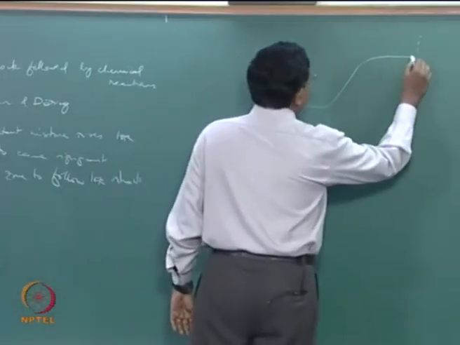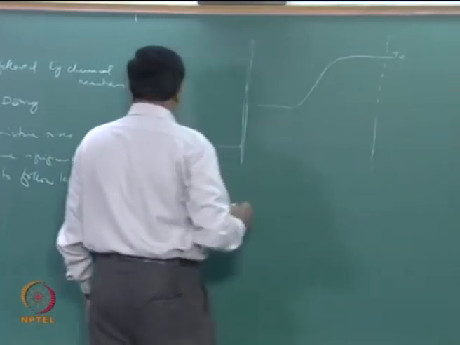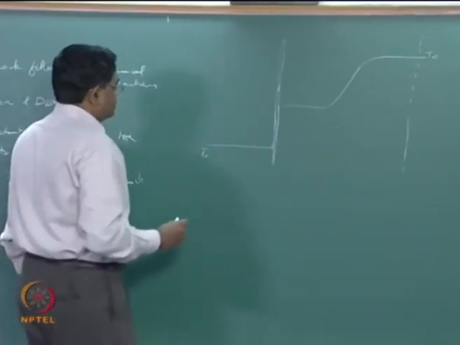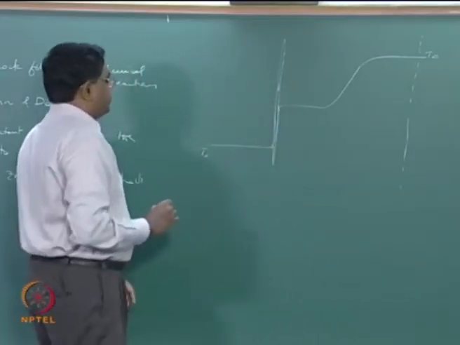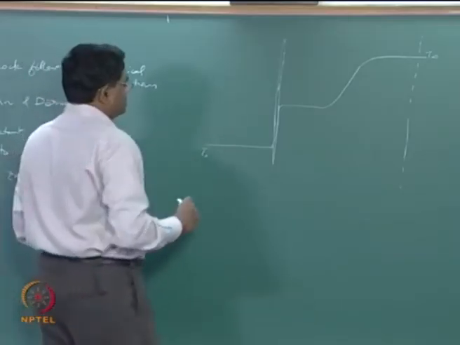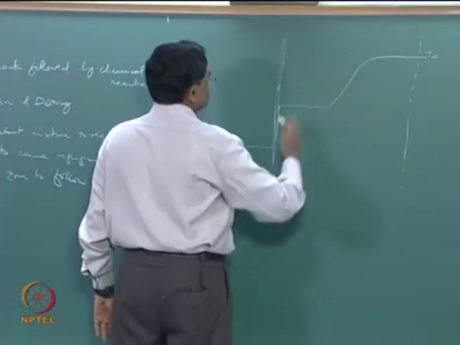So this is, for example, your T infinity there, starting from T naught, and the value that the temperature rises to just downstream of the shock is sufficiently high for chemical reactions to happen in